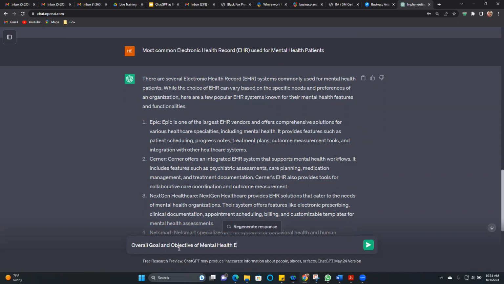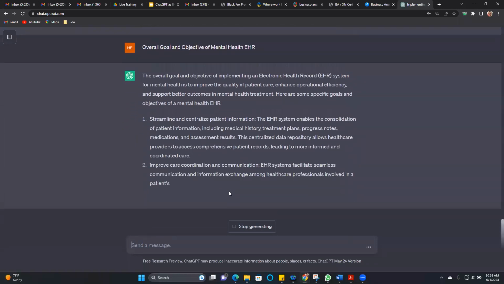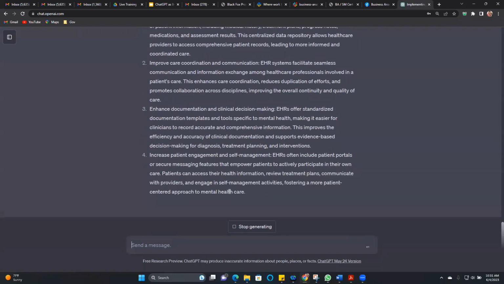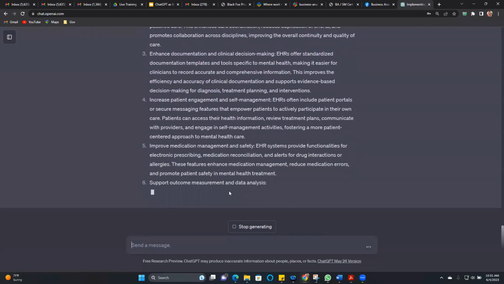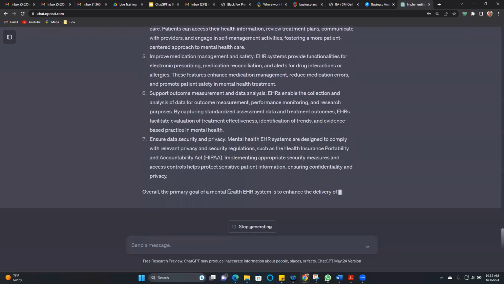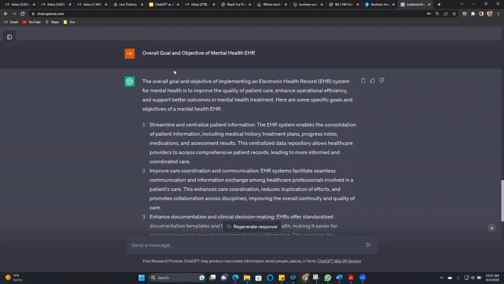Mental health EHR. So let's see what it comes up with. Now it's going through and listing all the benefits that you can see with a mental health EHR. Like, what are the benefits of implementing this? So this is a good understanding and it gives you a lot of information that you can use in your